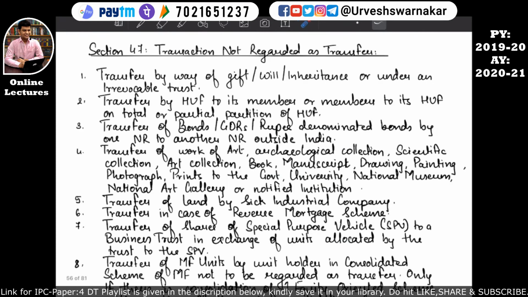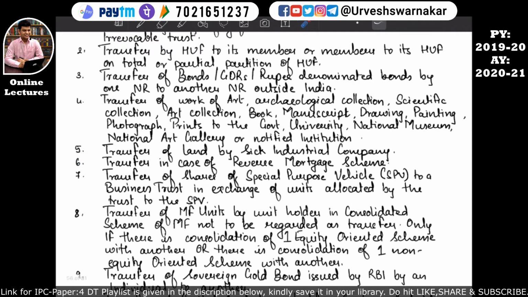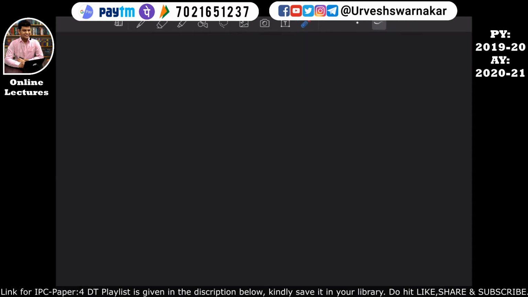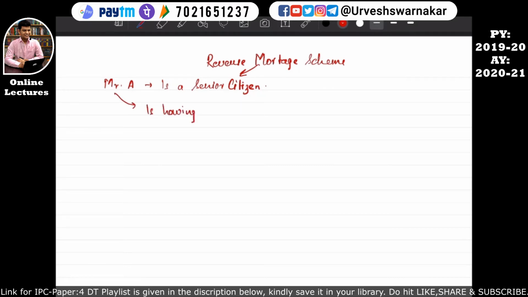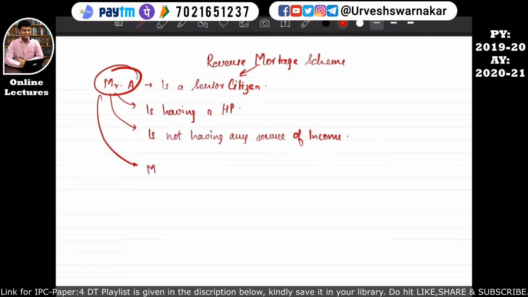Now let's understand point number 6. What does point number 6 say? Transfer in case of a reverse mortgage scheme is also not considered as transfer. What does this reverse mortgage scheme mean? We need to understand it on a blank page. Mr. A is a senior citizen, and this reverse mortgage scheme is available to senior citizens only. Mr. A has a house property, and Mr. A does not have any source of income. So what he does is, Mr. A mortgages his house property to a bank,